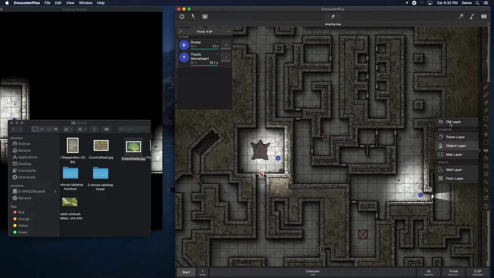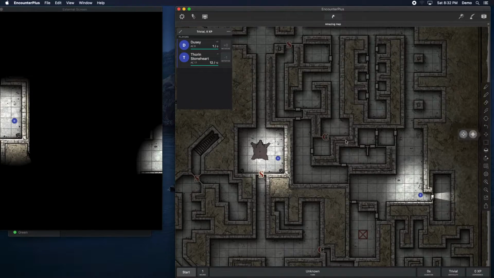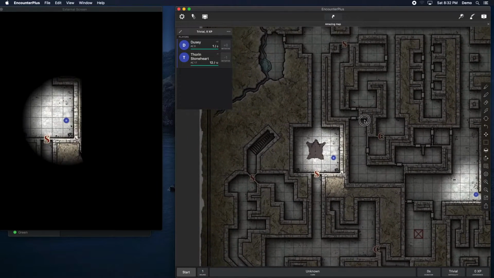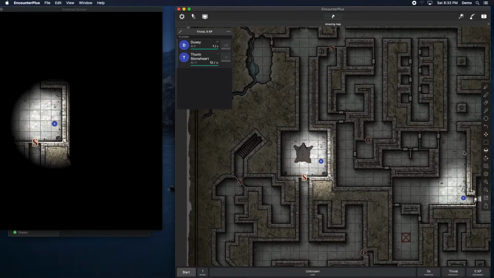And then the DM layer, anything there does not show up at all. So if I had some sort of graphic, let me move to this. If I had some sort of graphic that I wanted to have, like this S is built into the map, but maybe I want to put an S on the DM layer. Let's say there's a secret path right here. I can go to the DM layer, grab this, and let's do it a nice bright red and thick so I can see it myself and remember that